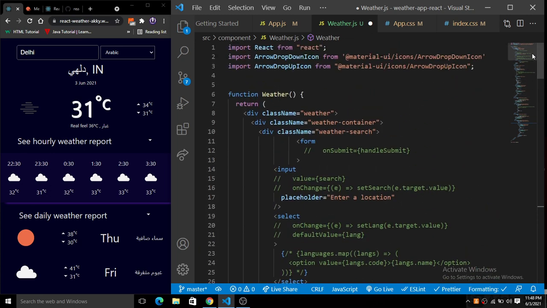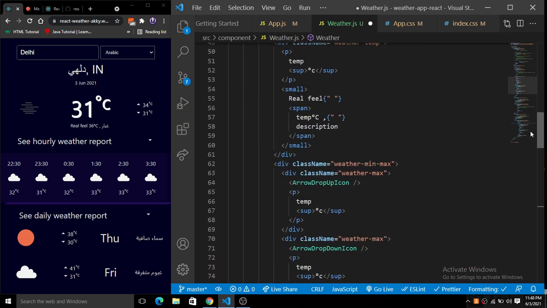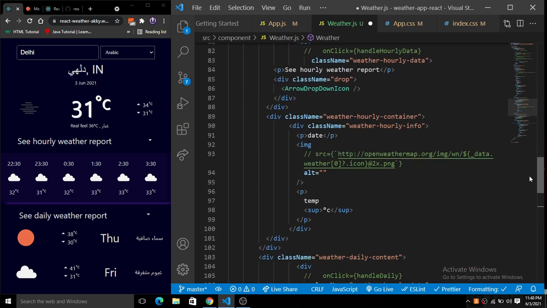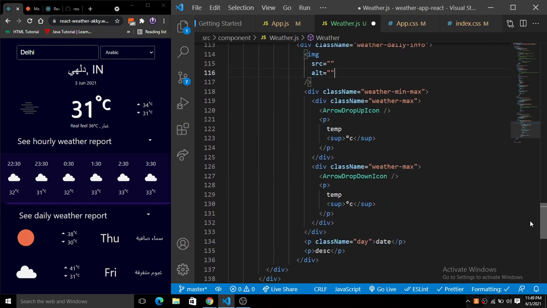You can simply create your own UI, and this is not the thing that we have to implement here. Our main focus is to just integrate the data and render the whole thing, like you can see here on the screen. So it is the basic UI we have created here in React. So here you can see we have a drop down icon. For that you guys will need Material UI.